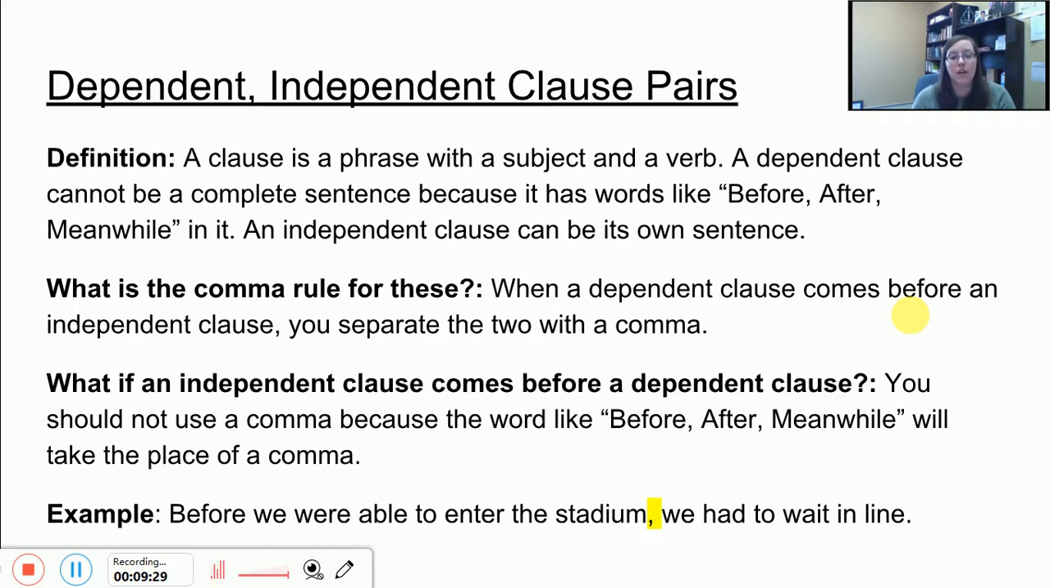The dependent clause is "before we were able to enter the stadium." So it starts with that subordinating conjunction, and it relies on more information. I mean, imagine this. What if I just came up to you and I said, hey, before we were able to enter the stadium, and then I walked away? You'd be like,